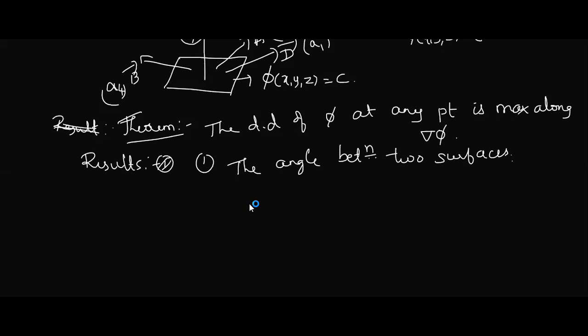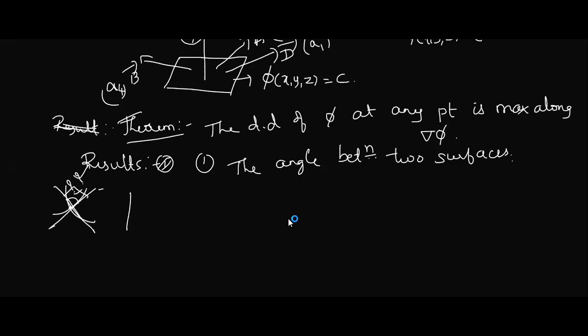Let me just recall. Whenever you wanted to find the angle between two curves, how did you do it? Suppose these are the two curves which are intersecting. If I want to find the angle between them, can I measure the angle directly? No. What has to be done for that? You have to draw the tangent. Very good. At the point of intersection, you draw the tangents, then you calculate the angle between them. Whatever this angle is, it is nothing but the angle between the curves. This part you have learned.